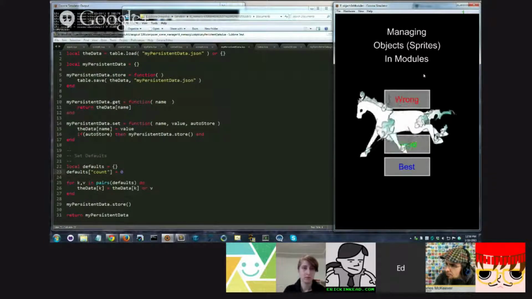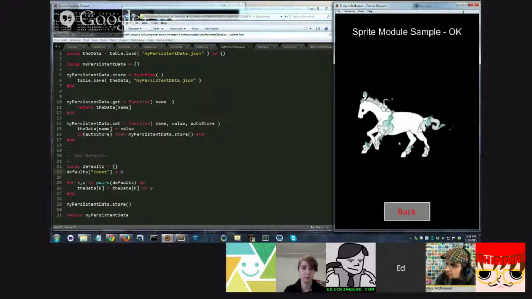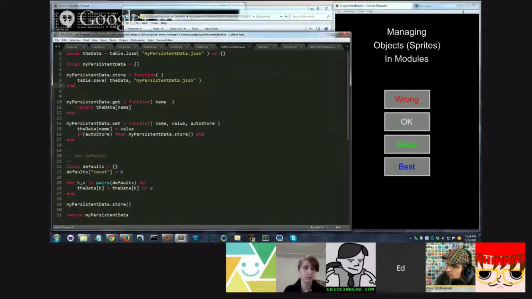What I really wanted to see was I click OK, and the horse will slide in from the right in the scene that it's supposed to be in. And then when I click back to go back, the menu loads up. Whereas good and best will also have exactly the same behavior, but